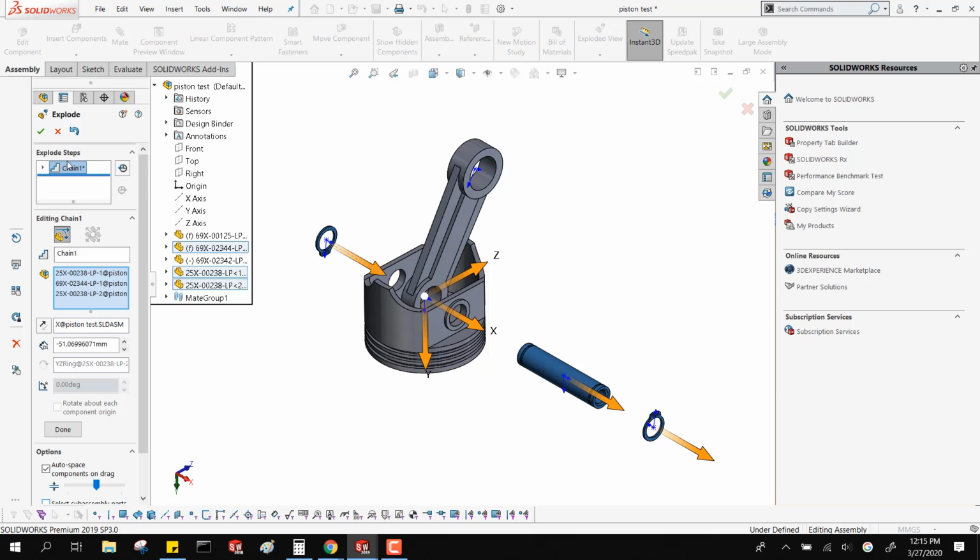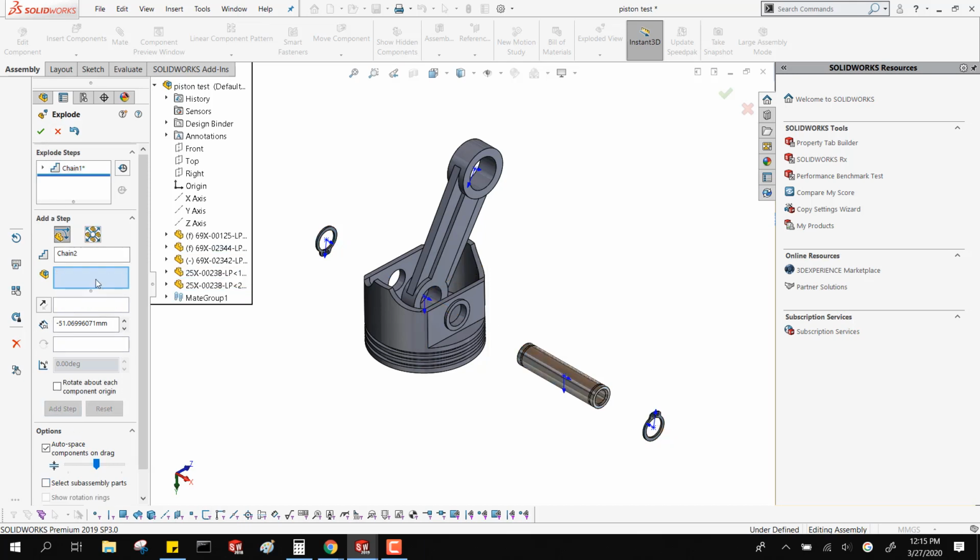Okay, I don't want to hit the green check mark because that's going to get me out of my explode. What I want to do is say, okay, I'm done with that explosion, and move to the next one. When I'm exploding views, you notice that when I select it, my triad, the XYZ, is the same XYZ here as the assembly. If you want to explode something along a particular direction, you just need to fill in this explode direction area. If you pick a flat face, it'll go perpendicular to that flat face. If you pick a straight edge,